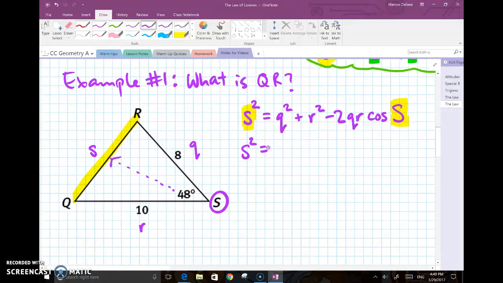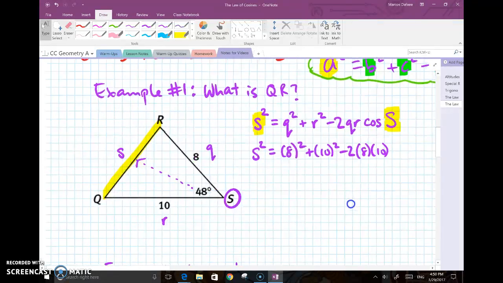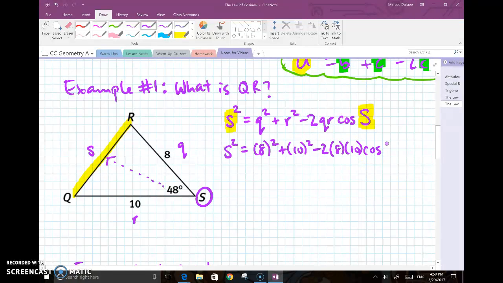So what I can do is go ahead and continue here. So I know that S is my unknown. Q, however, is 8, so this becomes 8 squared. R is 10, so this is 10 squared. This is minus 2 times 8 times 10 cosine, and my focus angle is known to me. That's 48 degrees. So there it is. So pushing on, I have 64 plus 100, and if I multiply all three of these numbers together, I would get negative 160. Now, the cosine of 48